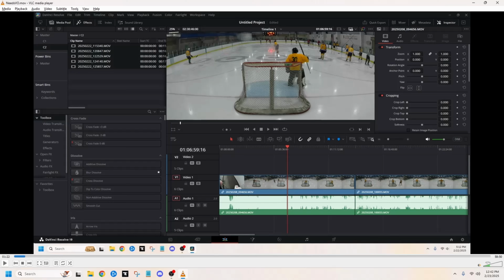Now here I click on the video itself up top, and then I use my scroll wheel that lets me scroll in. Now you're probably going to see me move the video itself. That's with the center mouse button, your scroll wheel. If you push it down, you can move it. So I scroll back until